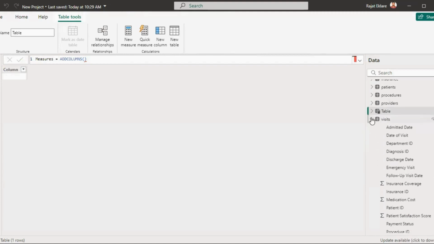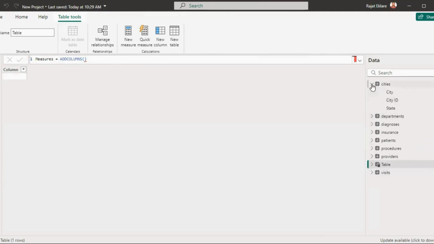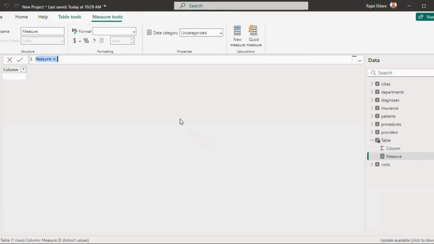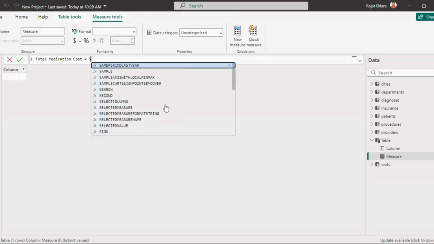Okay. So I'll just decolors visit. Now, as we want to calculate something, I'll just click on these 3 dots and I'll click on new measure. Okay. So here we have to write down the DAX formula for calculation. Now let us say we want to calculate total medication cost. So total medication cost will be equals to sum of